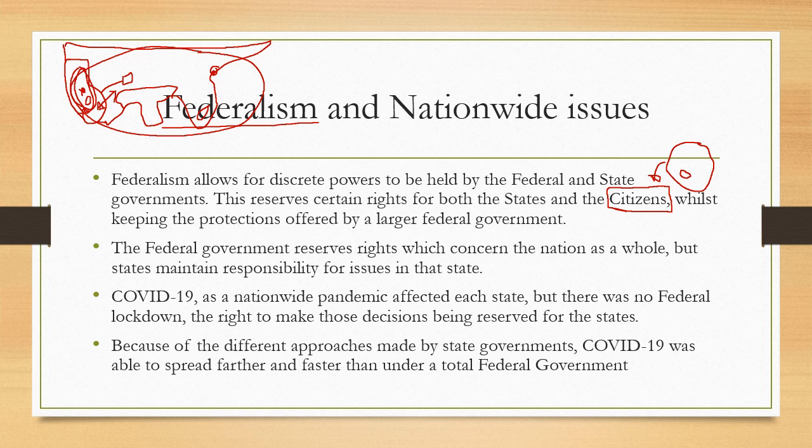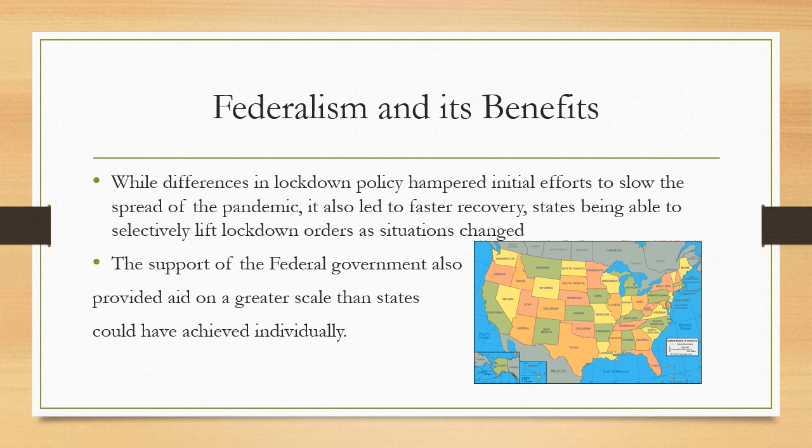And this means that California was allowed to selectively open up certain aspects of the state and certain aspects of the economy. So I've spoken a bit about some of the benefits in giving the states their own power. But another benefit of the federal government, as opposed to having a complete sovereign nation of California, is that federalism allows the government as a whole to